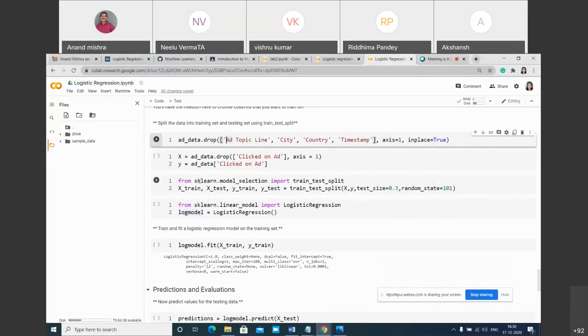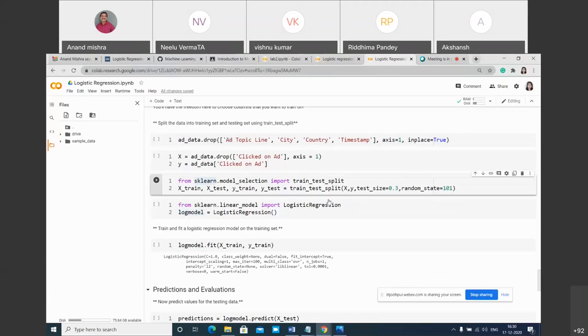Now, all this uses the sklearn library. Sklearn is used for all the models available in this kind of thing. You can import this using sklearn.model_selection, and here you can import train_test_split.